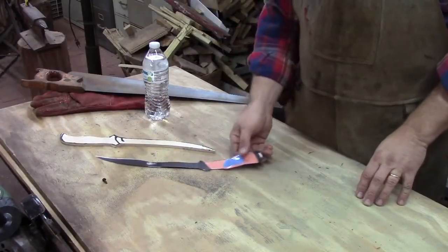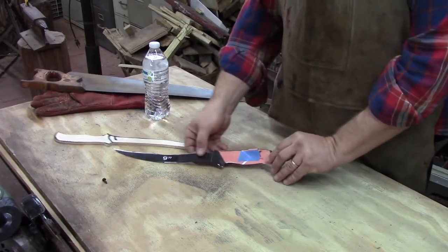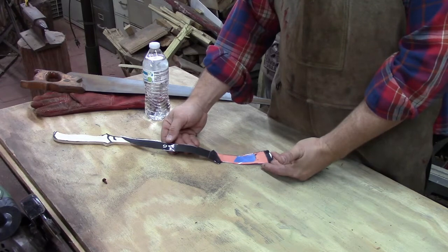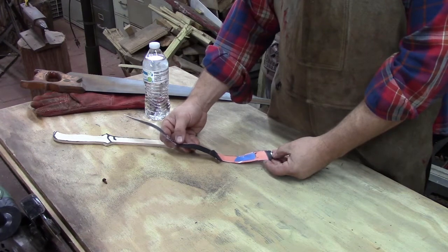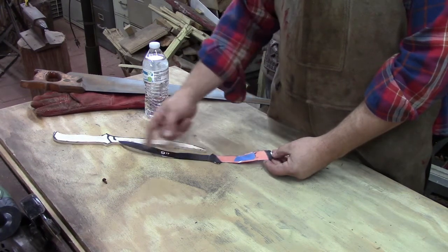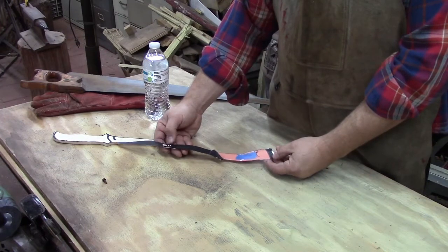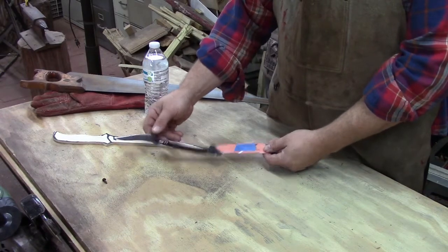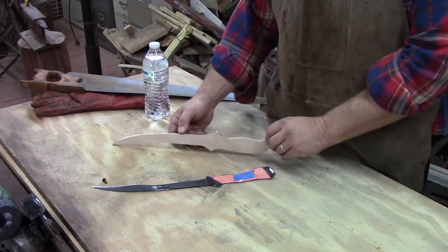I'll show y'all what I had started with today. I have a paper template, and I created this by going on the computer and getting a fillet knife that I liked. I want one that has a 9-inch blade, and I enlarged the picture until I got it to be about a 9-inch blade. And then of course I take it and I trace it onto a block of wood. This is just thin plywood,